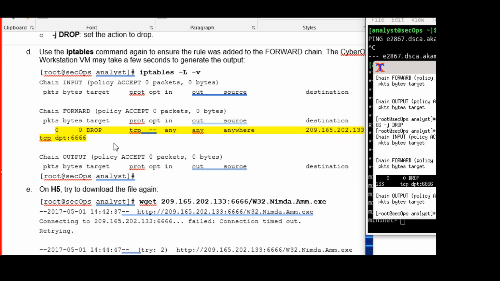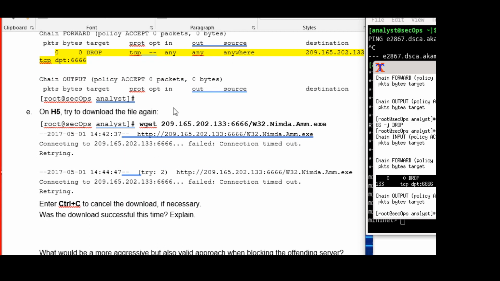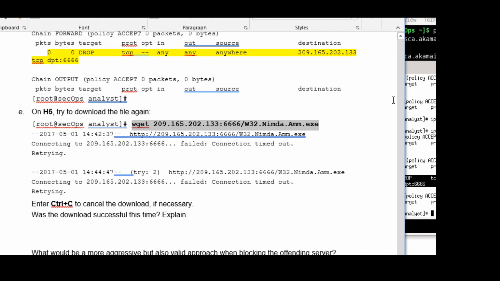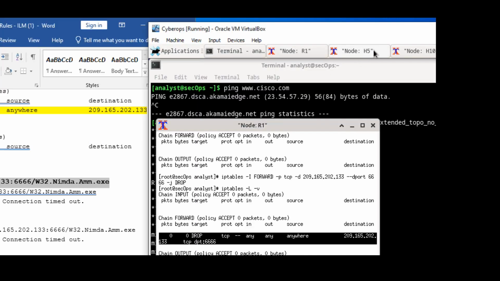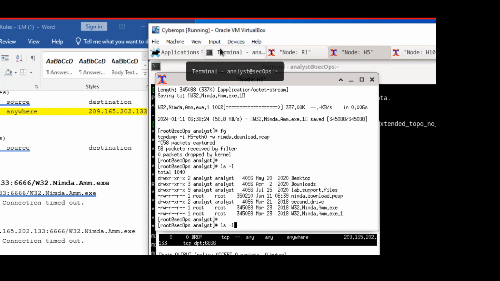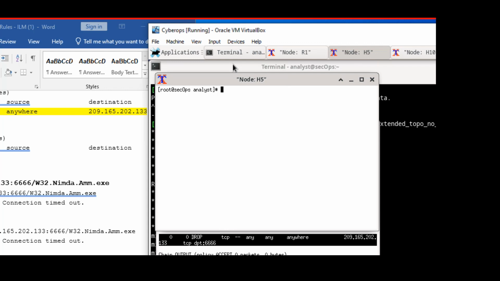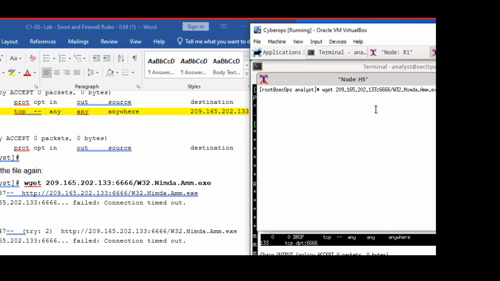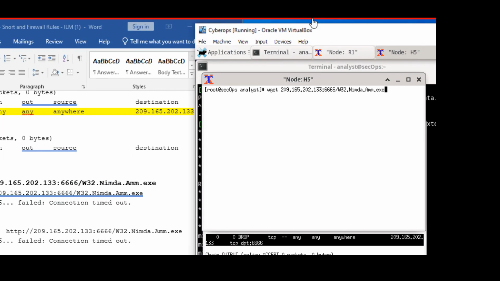Now let's try to download the malware again. We use this command on H5. So H5 is here. Let me clear the screen, it's getting a bit crowded. So let me try to download the malware again. This is the command to download the malware, and when I press enter,